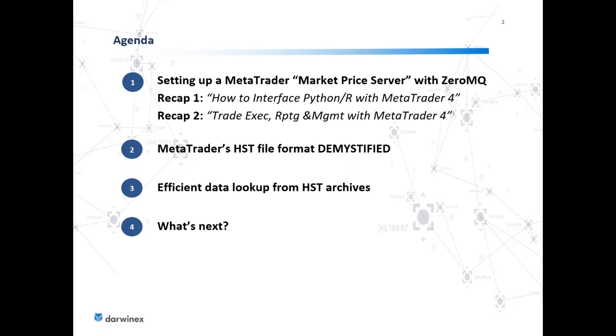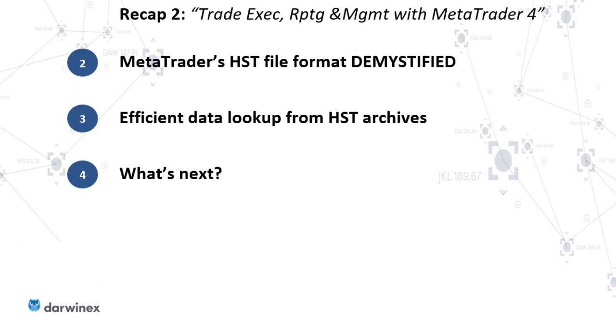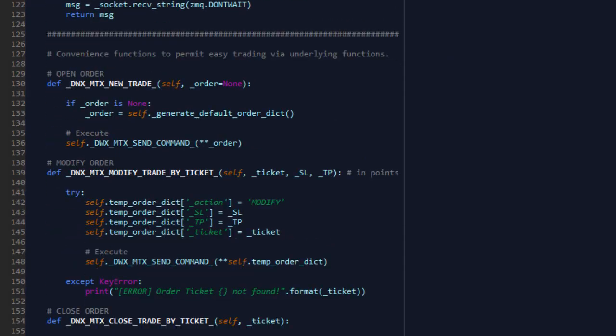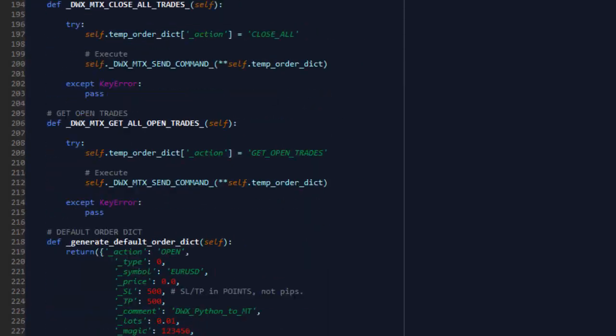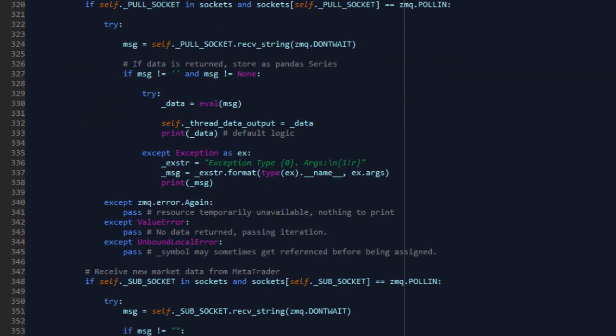The objective here is to ascertain what the best way is to go about extracting historical data from MetaTrader. Is it ZeroMQ or is it flat file reads? In the case of ZeroMQ, the functionality is already available in the Python script. Go ahead and look through the code when you have a moment, and you'll see that there is a subscribe market data request function that sends a request over the network to your MetaTrader instance, if it's running the ZeroMQ server EA,